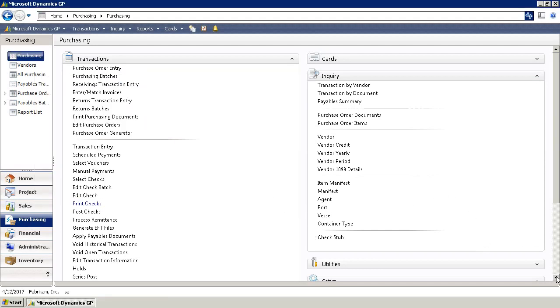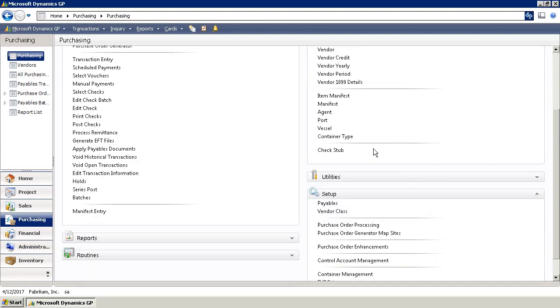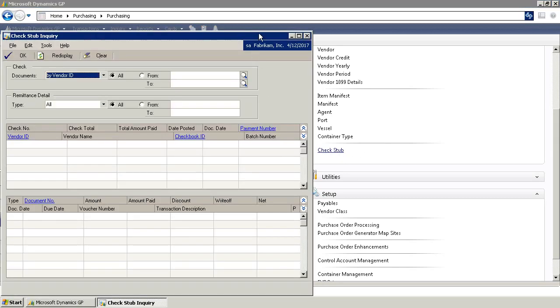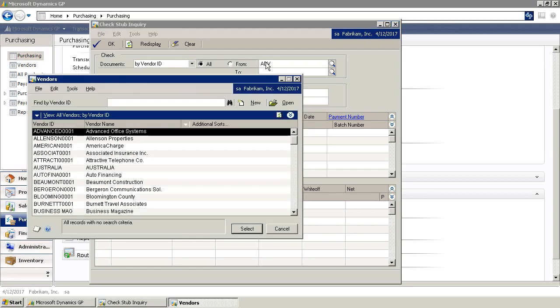A second feature that we've added to the Enhanced Voucher Selection is the ability to view the check stub. The check stub inquiry feature was added in January 2010 in order to support our customers who would like to see all items that are processed on a check stub, not just the invoices, which is how the standard Dynamics GP inquiry works. So if we pull up a vendor here,